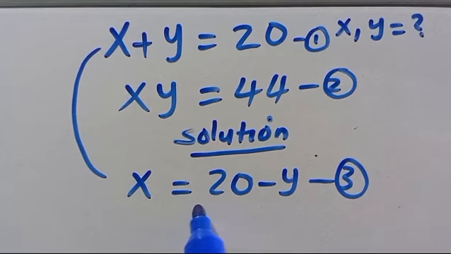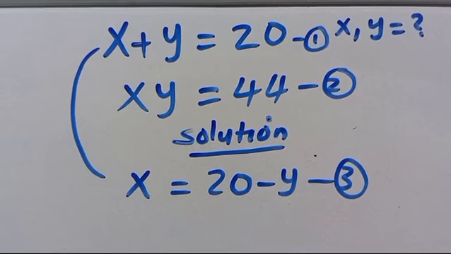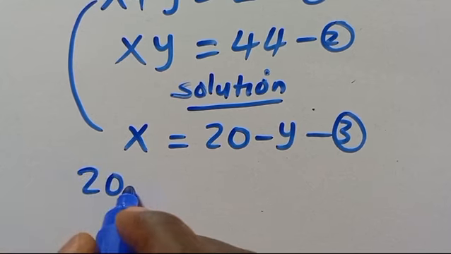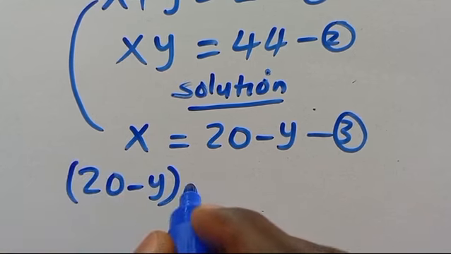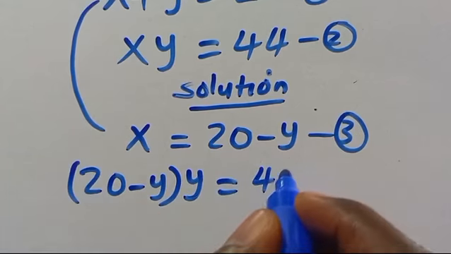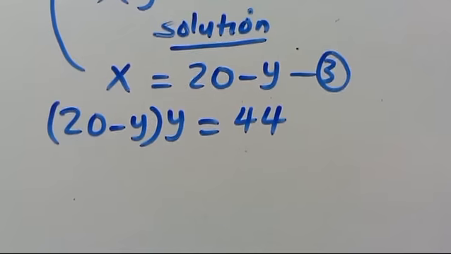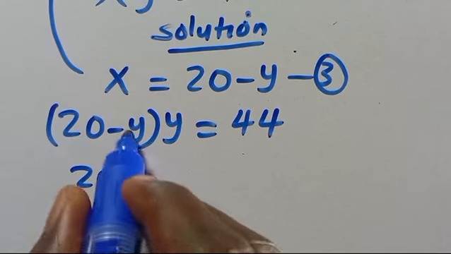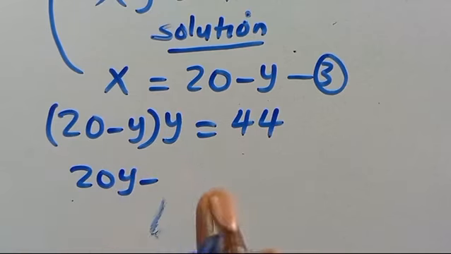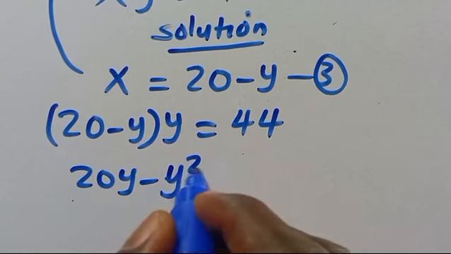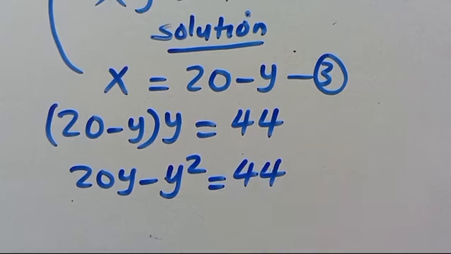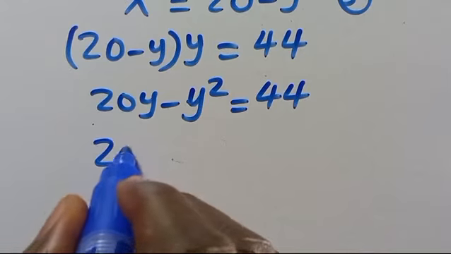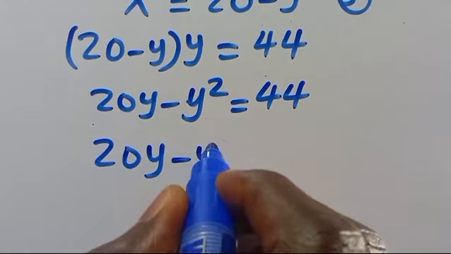So when we substitute this equation 3 into equation 2, so x equals this, we are going to have 20 minus y in parentheses times y equals 44. So from here, 20 times this, we have 20y. Y times this, we have minus y squared equals 44. From here, we have 20y minus y squared